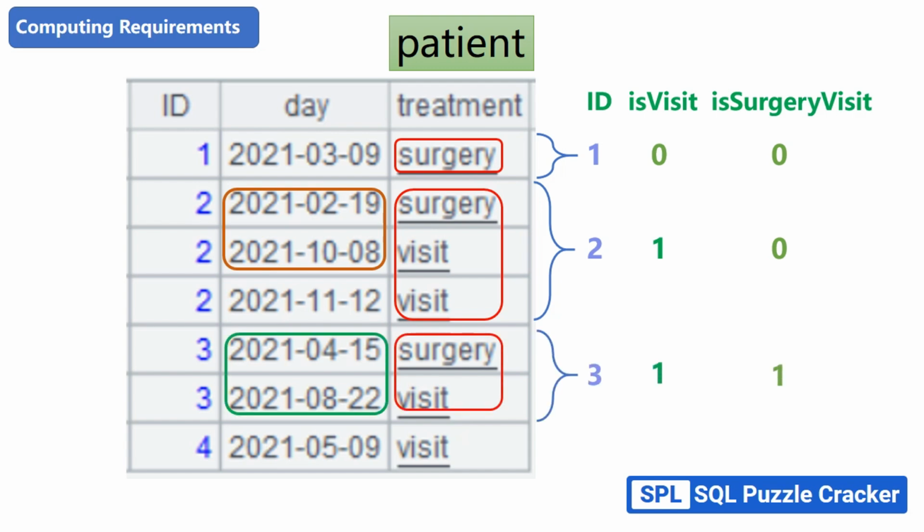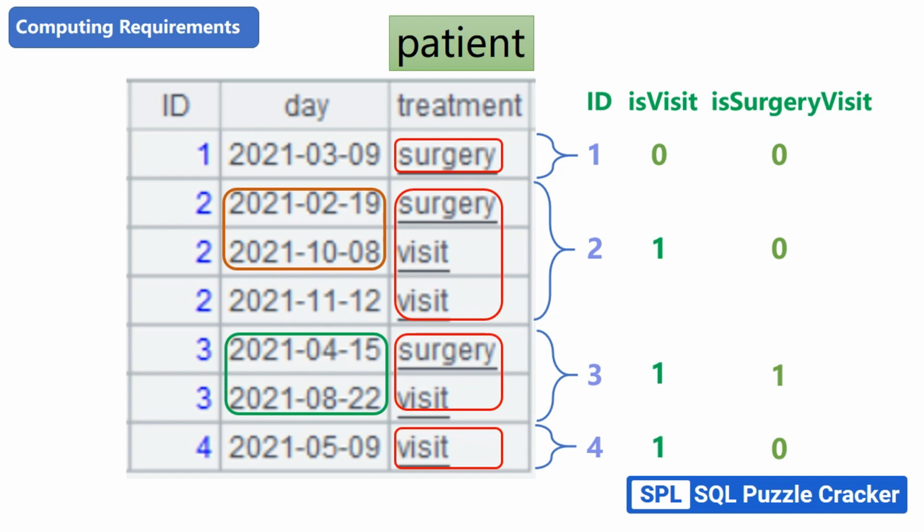In the 2 records of patient 3, there was a visit treatment that occurred within 6 months of surgery treatment, and both YES visit and YES surgery visit were set to 1. Patient 4 received visit treatment but no surgery treatment, with YES visit set to 1 and YES surgery visit set to 0. SQL does not support independent grouping operations, making it difficult to summarize states that require complex operations